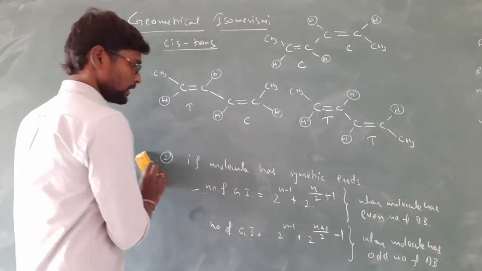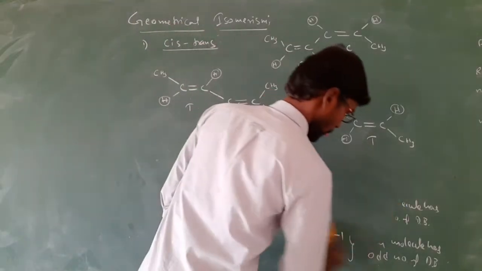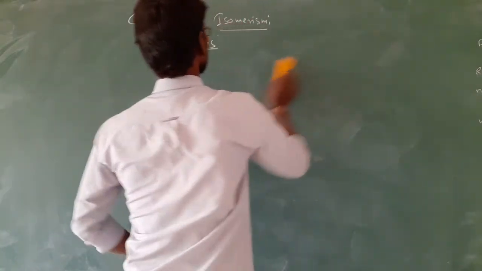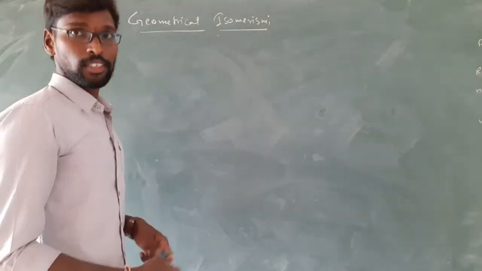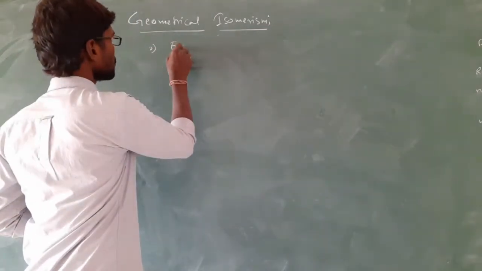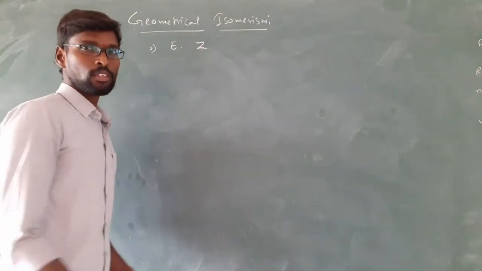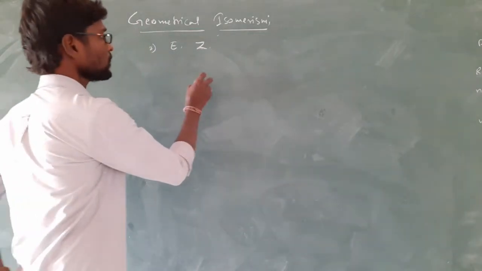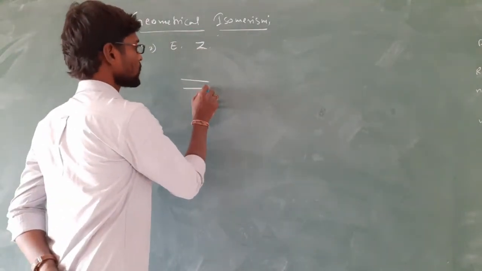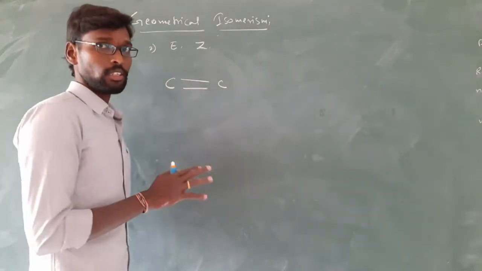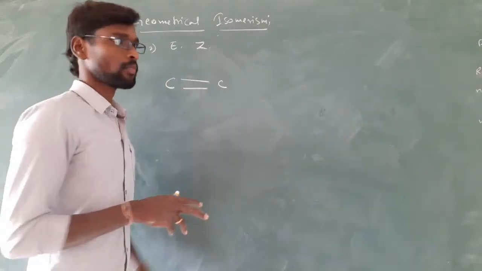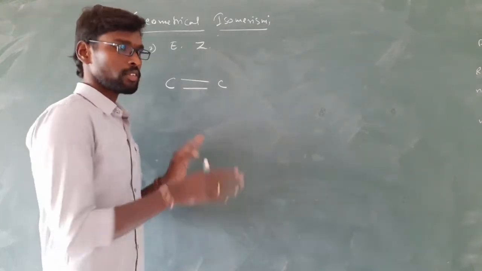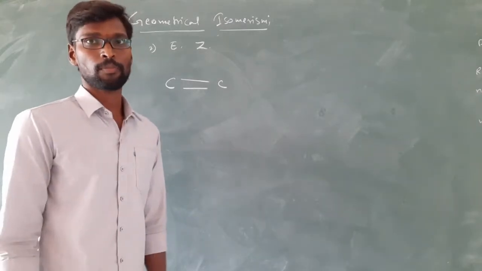So now next one, EZ isomerism we will check. Second one is E and Z isomerism. So this is again in double bond systems only, that means alkene systems only. So how we are doing that, I will write here. And again this is applicable when the two double bond carbons have different groups, not the same groups. If the same groups are there, you can choose cis and trans, right?